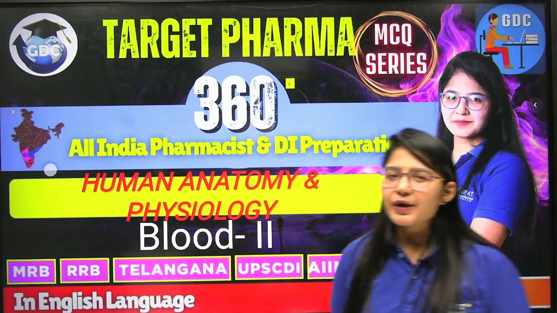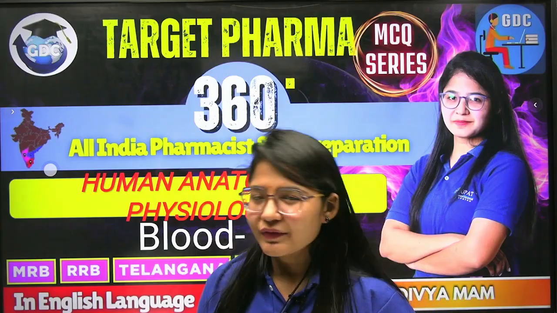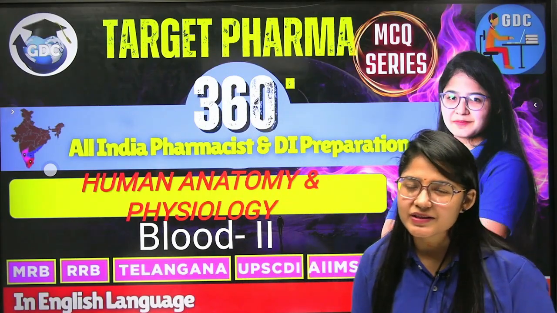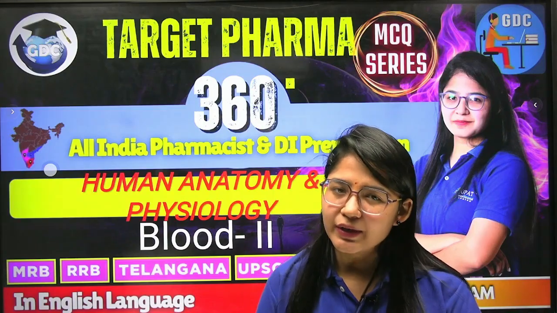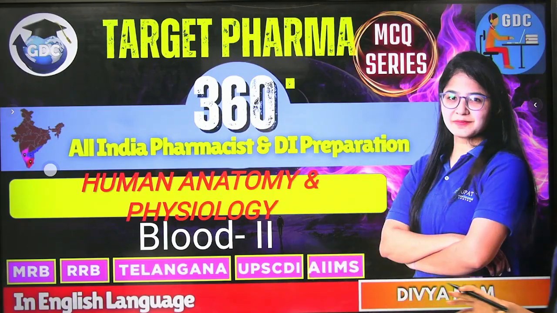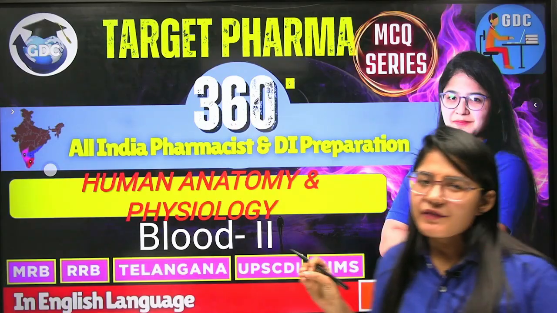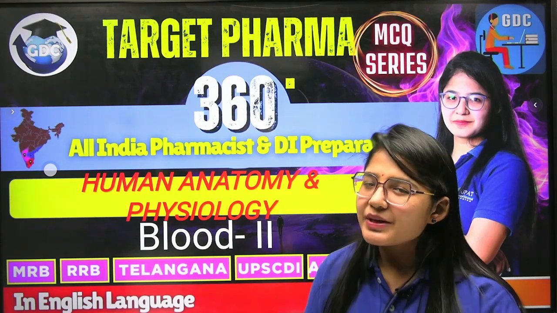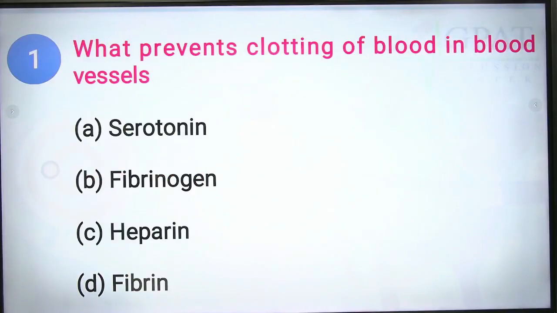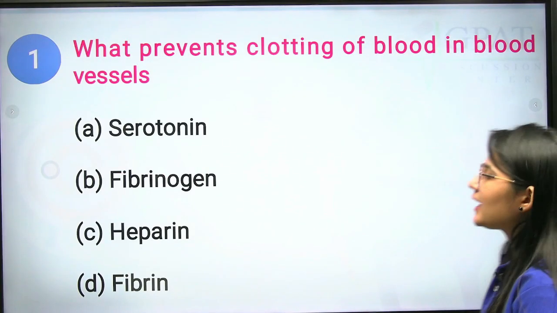So today we are going to discuss another part of our topic blood, and the subject is human anatomy and physiology. These MCQs are important for your different examinations like MRB, RRB, Telangana, UPSC as well as your AIIMS Pharmacist examination. So let's start our session with our first question, that is, what prevents clotting of blood in blood